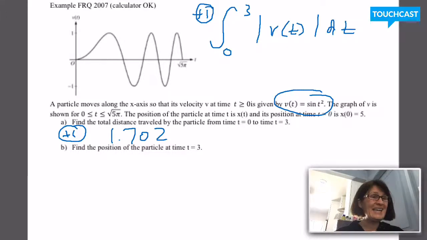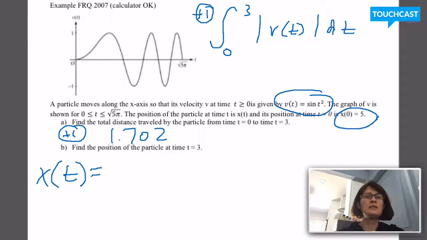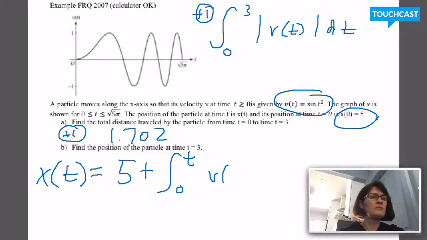Now here we go, part B. This is where it all comes together. Find the position of the particle at time t equals 3. And we know that at time t equals 0, the particle is at position 5. This is the most important example from chapter 5. So position, x as a function of t, is going to equal the initial position, which is 5, plus the integral from 0 to t of v of, pick your favorite variable, w,